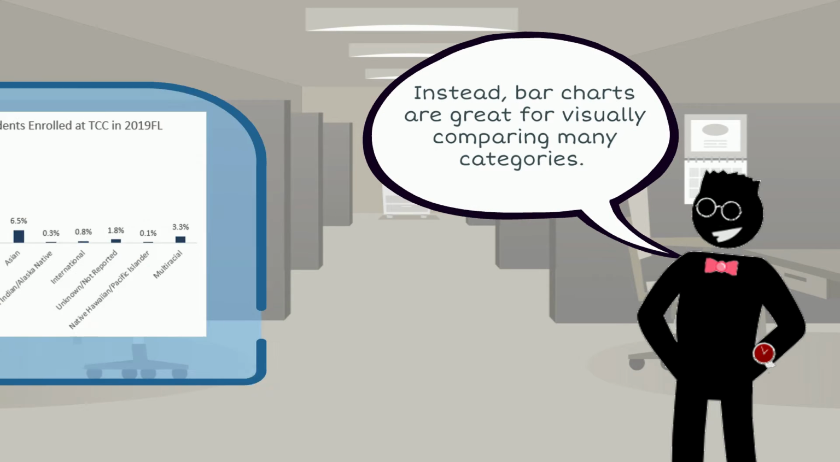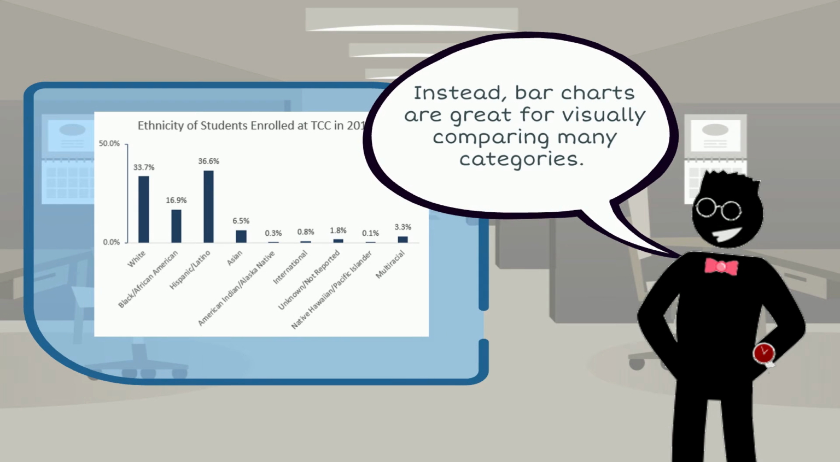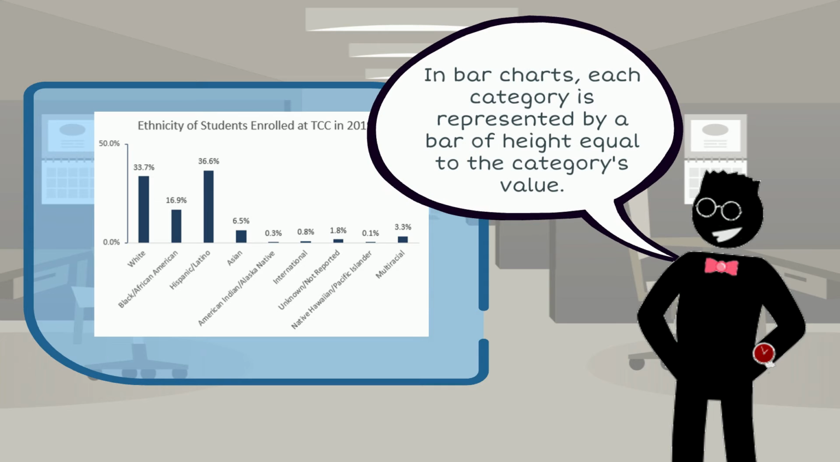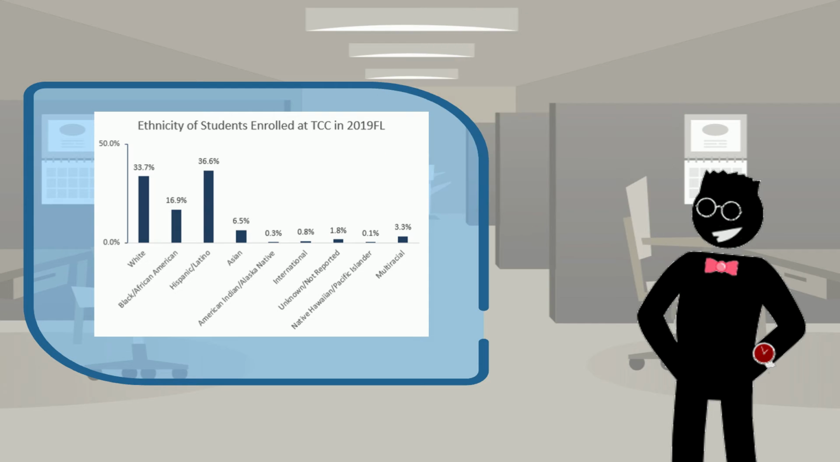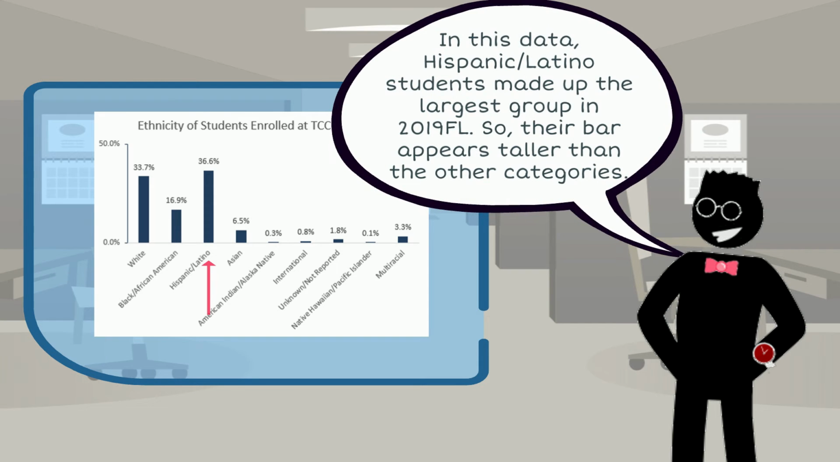Instead, bar charts are great for visually comparing many categories. In bar charts, each category is represented by a bar of height equal to the category's value. In this data, Hispanic Latino students made up the largest group in 2019 fall, so their bar appears taller than